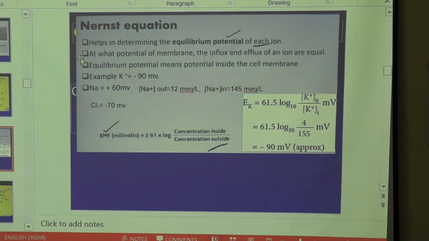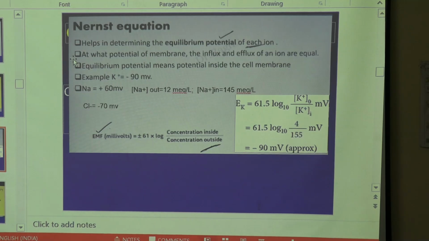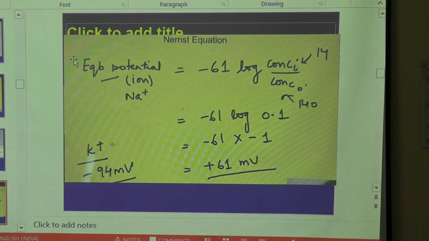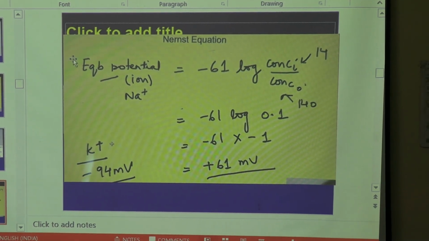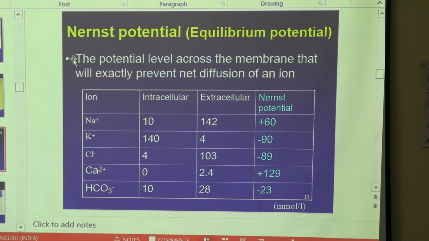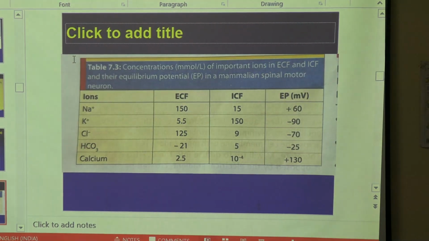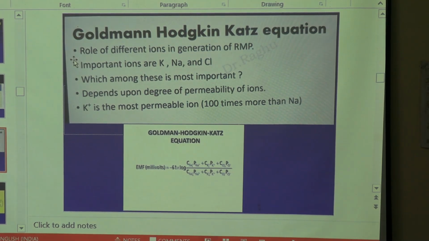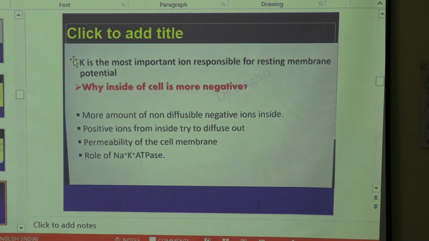Log 10 K outside divided by K inside at a millivolt, which comes to be minus 90 millivolt. And this is for sodium, plus 61 millivolt. So, the relative role of developing Nernst potential. Right column. And this is the combined Goldman-Hodgkin-Katz equation. Okay, in this way you can calculate this. Now,